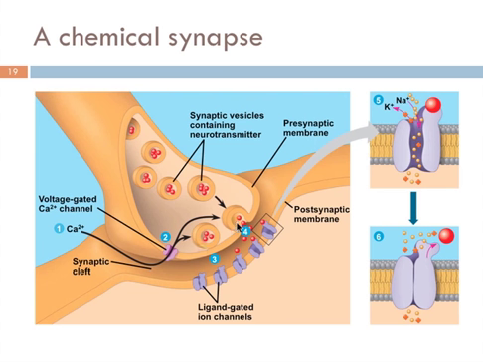So these little red dots here indicate neurotransmitter molecules, and you can see that they're being released by exocytosis from the presynaptic neuron. Those neurotransmitters are what cross the synaptic cleft and, with any luck, bind to some postsynaptic receptors